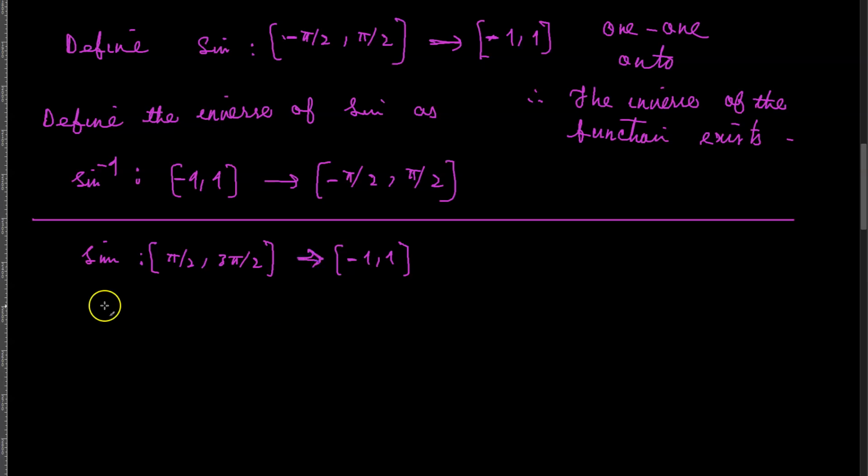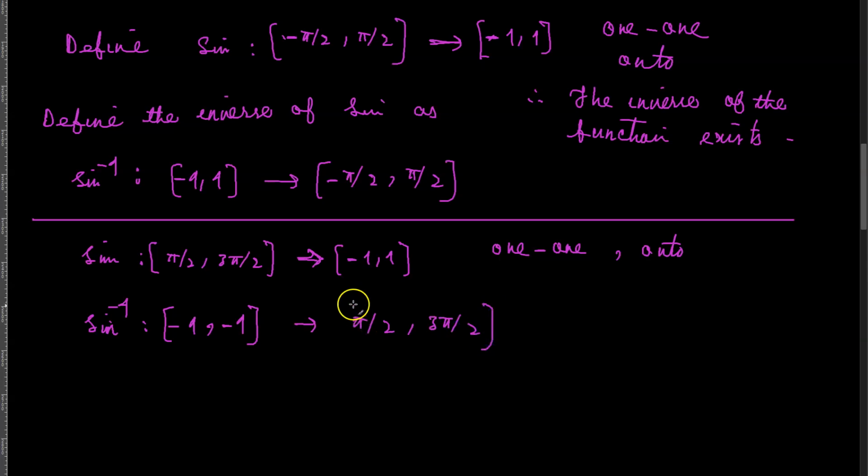Here the function again is 1-1 and onto, the inverse does exist, and so then I can define the inverse of the sine function as the function from negative 1 comma 1 to pi by 2 comma 3 pi by 2. That would give me another branch of the